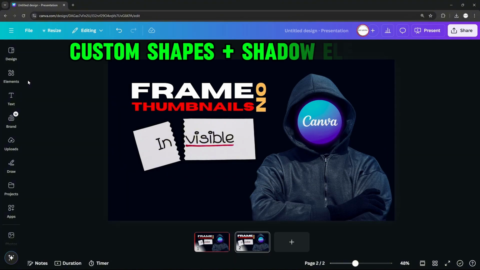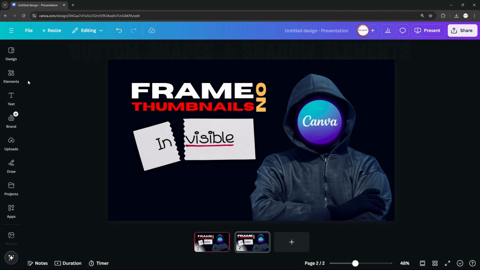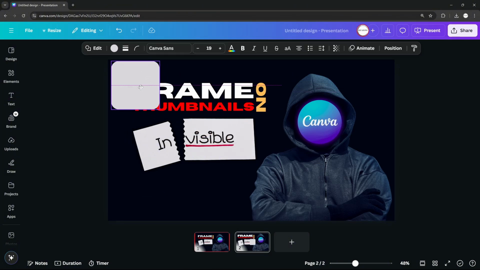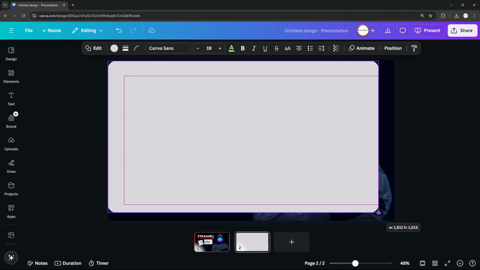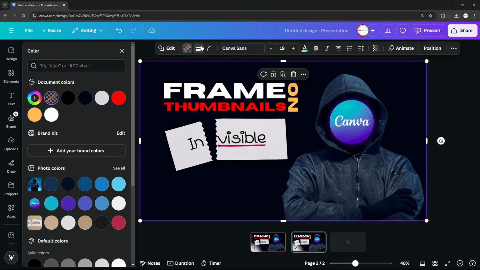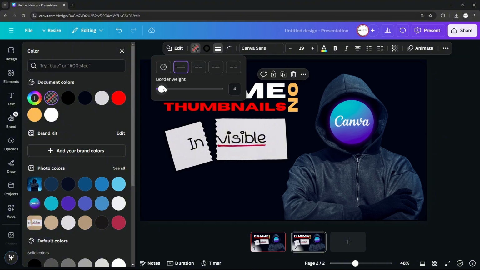The third option is very customizable. After finishing your YouTube thumbnail or upload any image, you can click on the elements and choose this square element. This element is very special because you can change its shape in any kind. Just grab the edges or corners to make it fit on your design. To make it look as a frame, you just need to change the color to transparent and adding a border